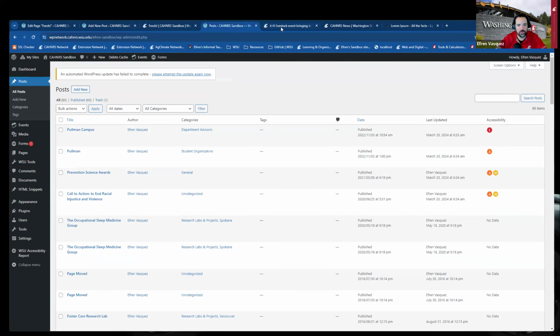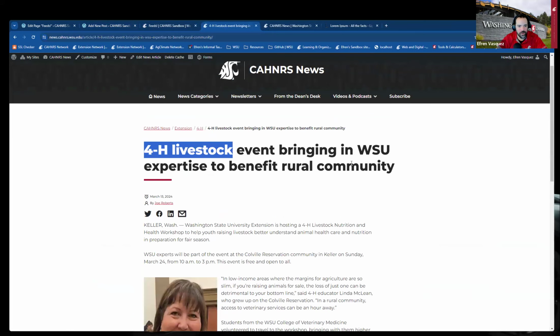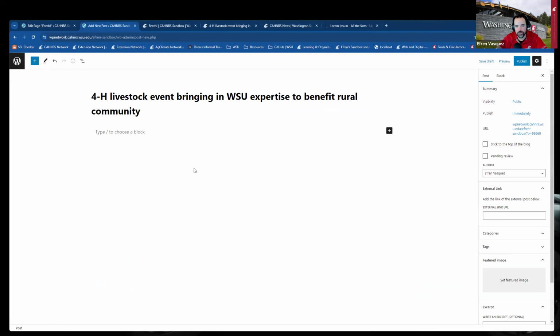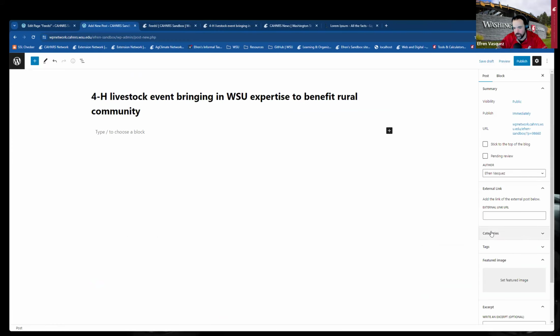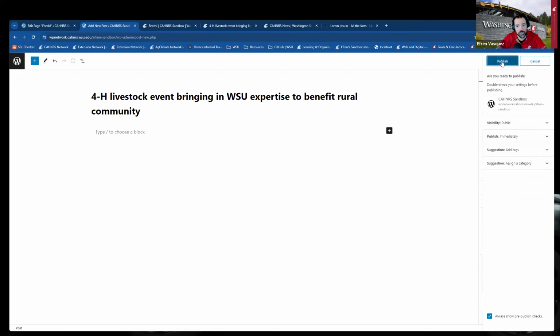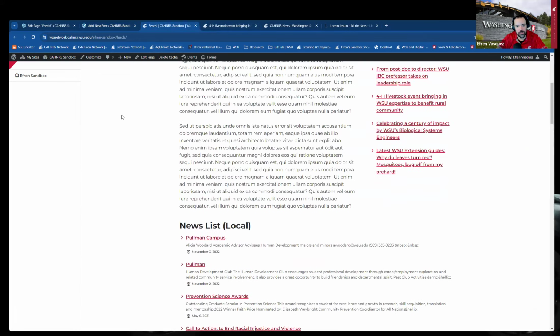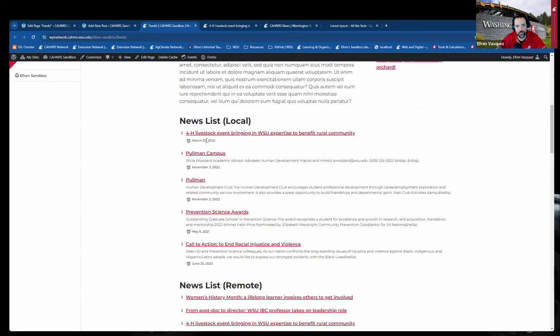So if I go, I have way too many tabs open now. Copy the title, add a new post, which is right there. Copy the link, paste it here on the right hand side where it says external link. Click publish. Go back to my website, and you'll see it should be the first one that shows up right here. There it is. So 4-H livestock,